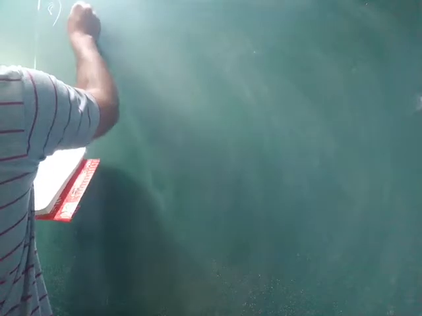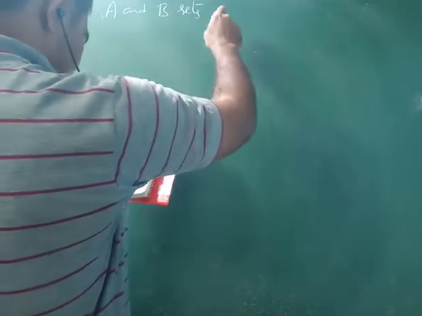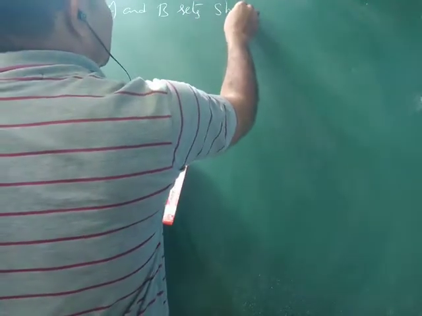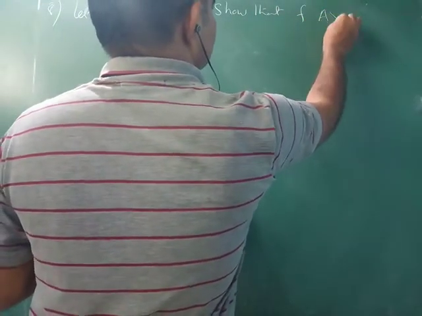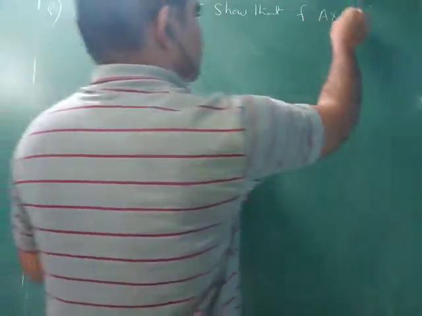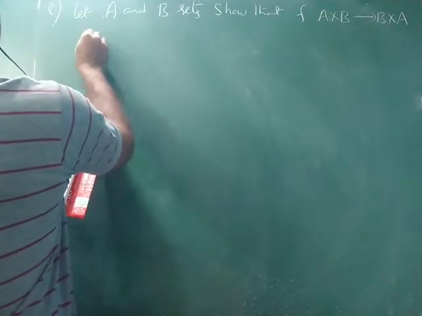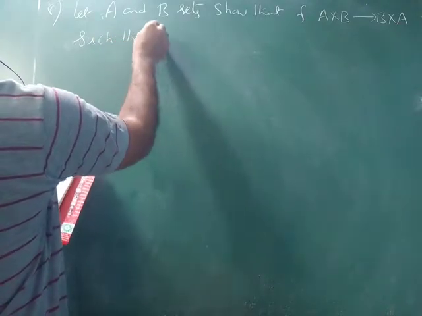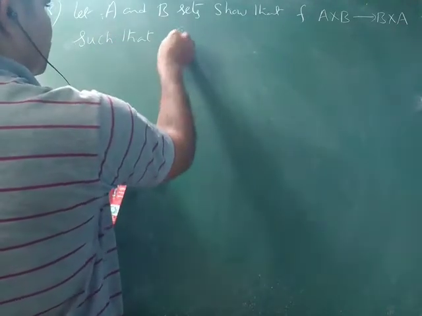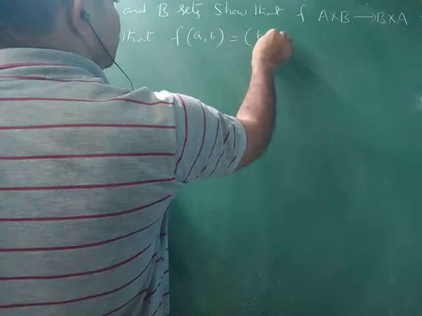Yeah, 8th question you see. Let A and B be sets. Show that f from A cross B to B cross A such that f of A comma B equal to B comma A